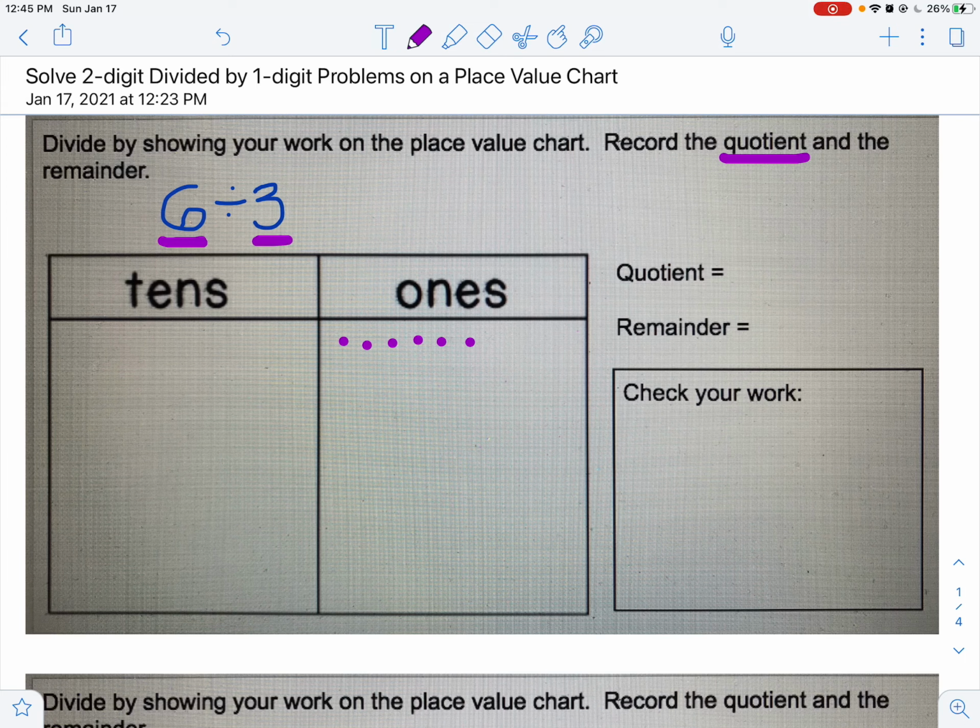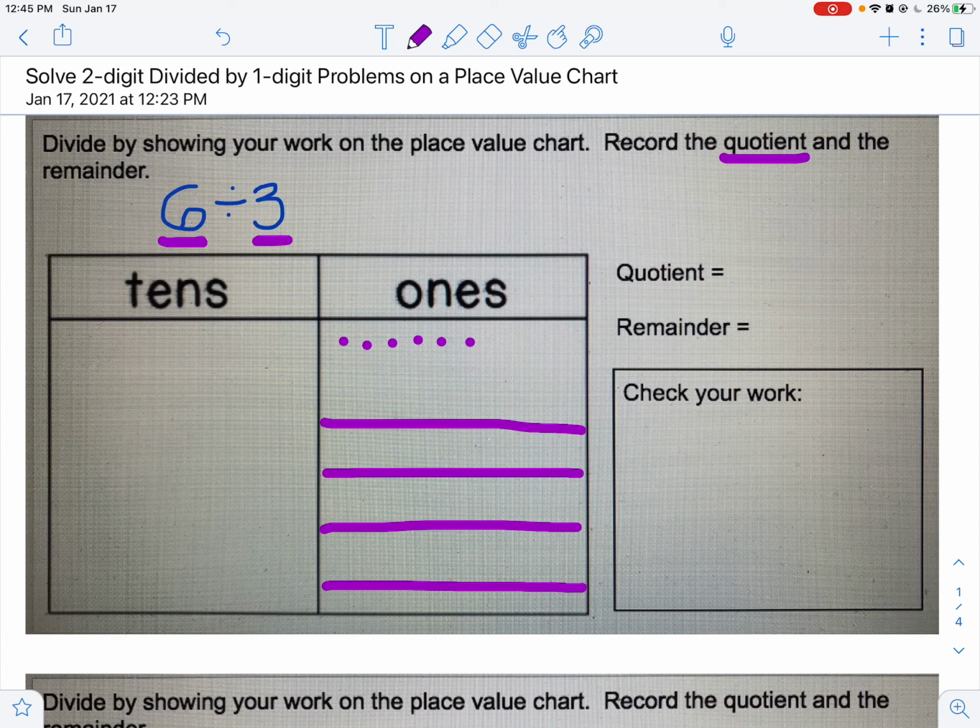So what I'm going to do underneath that is I'm going to set up 3 rows for spaces to put my 3 different equal groups. So I've got 1 here, and 1 here, right? And all I'm going to do is pretend I have little counters, and I'm going to start sorting them and dividing them into those rows. So I'm going to put this one here, and I like to cross it off to keep track. I'm going to take this one and put it here, and this one and put it here. And I'm going to keep doing that until I run out of dots,